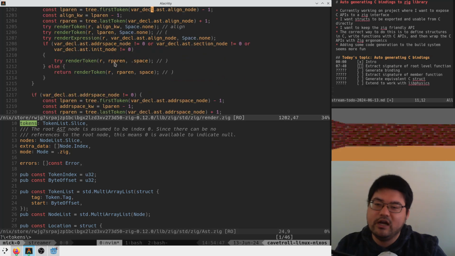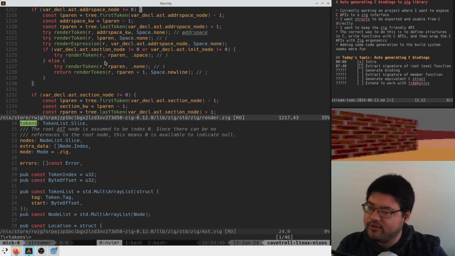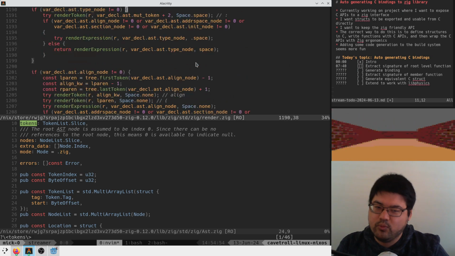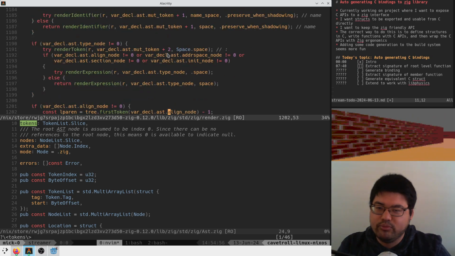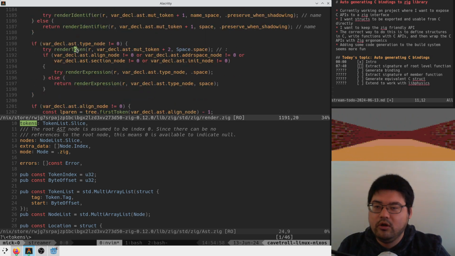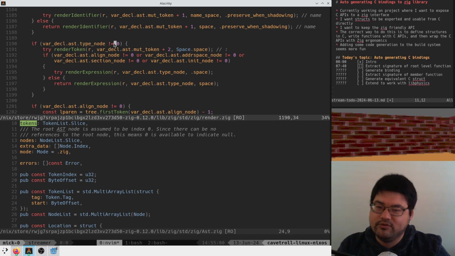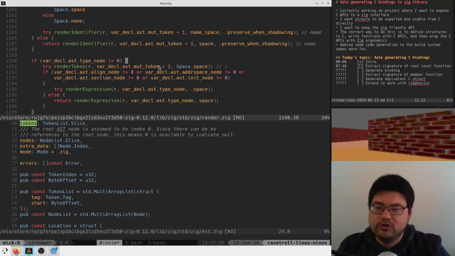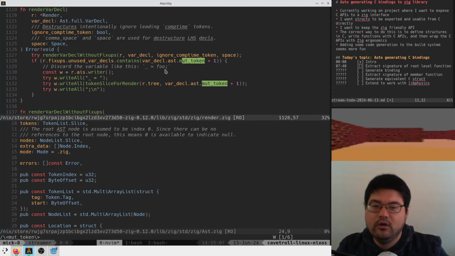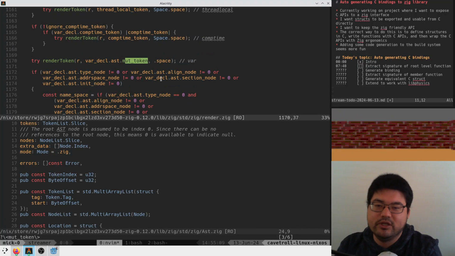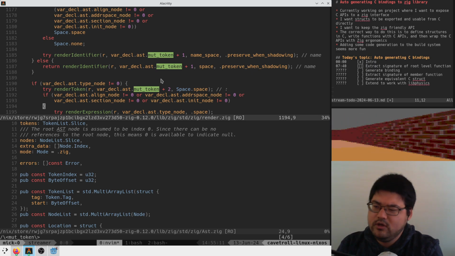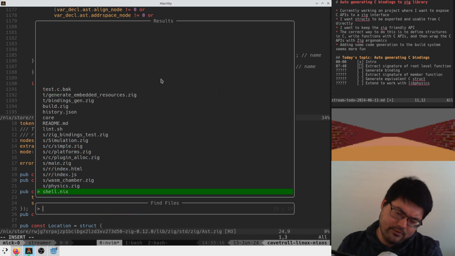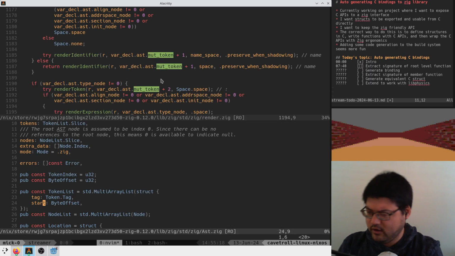I guess maybe it's inferred from the tag what you should expect here, right? They have +1 kind of hard-coded. They have +2 kind of hard-coded. But only if, so they say, if there's a type node, then we know it's here. Do they? Yeah, so they just have +1, +2. Interesting. Okay, so we should be able to kind of guess here